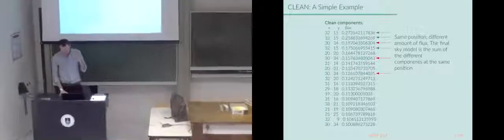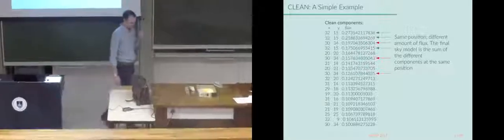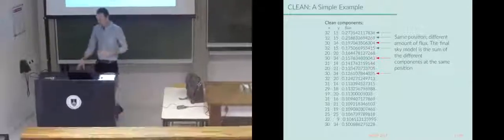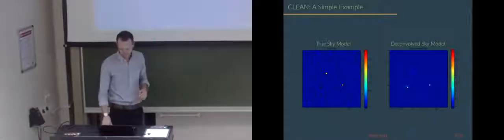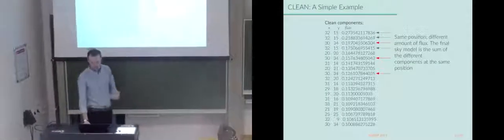Anyways, that's the idea: it's not just a one-shot go, we have to run this many times. And it can be computationally expensive. There are also tricks people do to speed it up. And so if we were to take the sky model here and try to recreate our true sky, this is what we end up with.